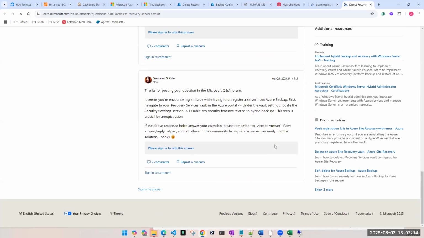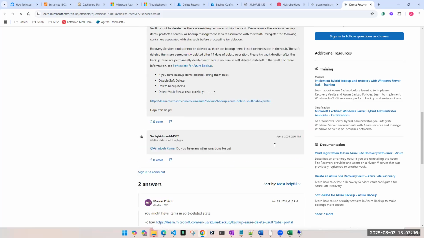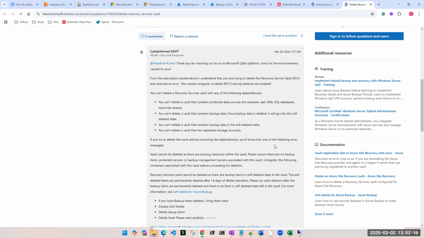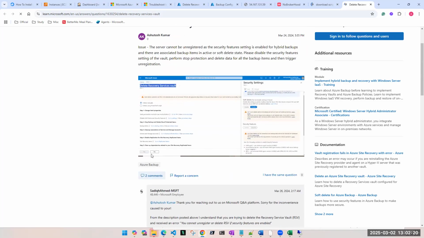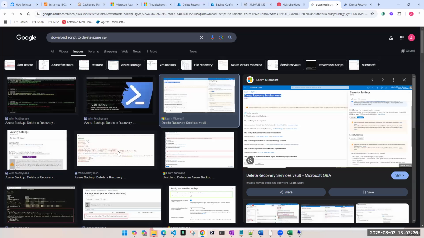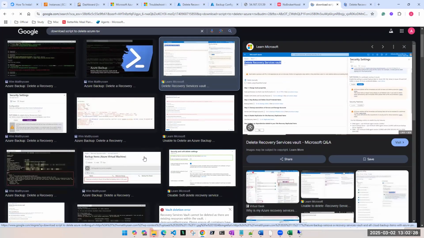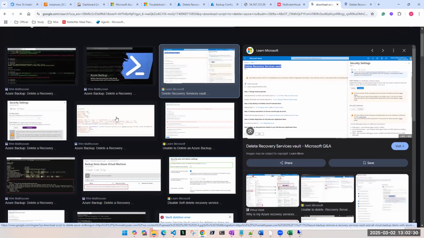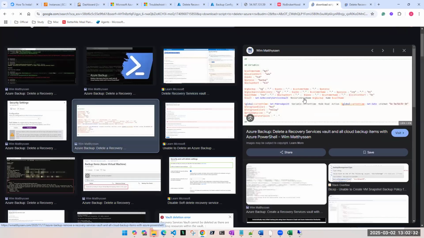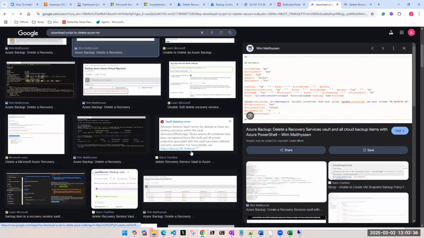We may get that script somewhere here, or at least I wanted to show you the image. But yes, that is the place where you get the script, and you simply download that script, open it in a notepad, copy it, and paste it here. That's all you have to do. Something like this, you will see that script. You just have to copy and paste it in this PowerShell console and run it. It will delete all of your